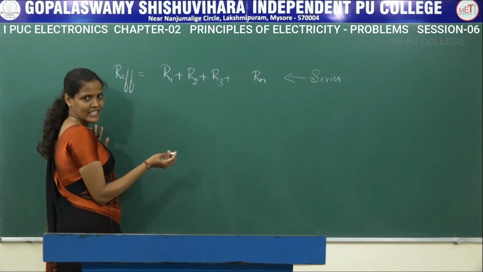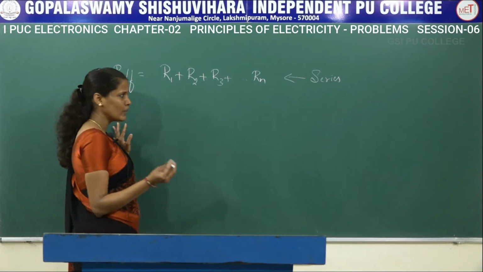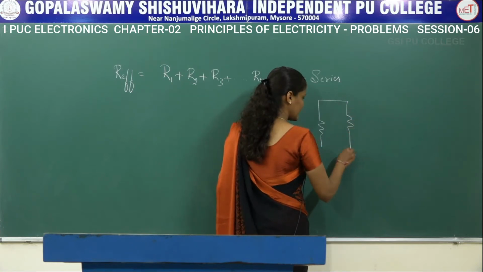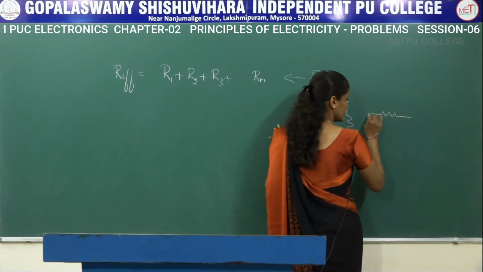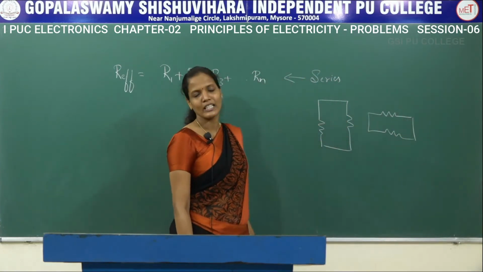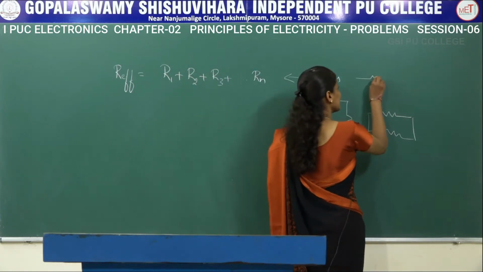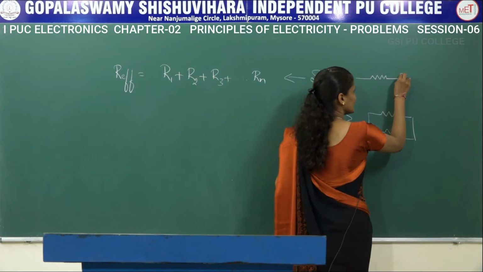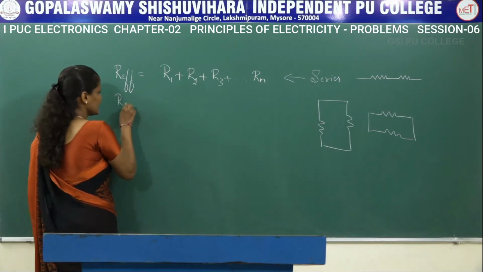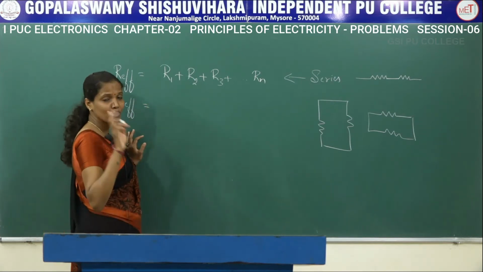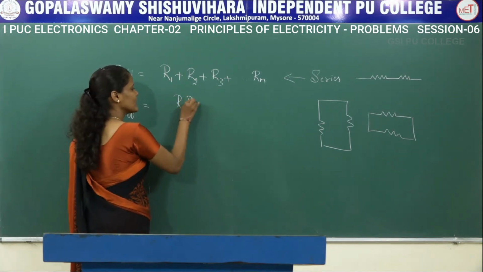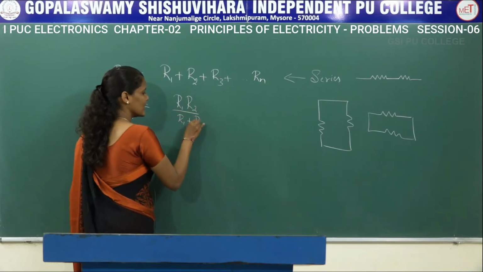Adhe parallel combination anta helidaga, that is when the resistors are connected in parallel. Parallel anta helidaga the diagram will be like this. The resistors will be connected like this. That is, the two ends of one resistor will be connected to two ends of the other resistors. Resistors in series anta helidaga one end of one resistor will be connected to the other end of another resistor. So when they are connected in parallel, if I am going to consider only two resistors, then we are having a direct formula R1 into R2 divided by R1 plus R2.